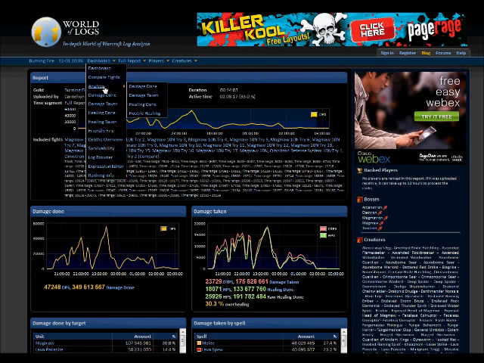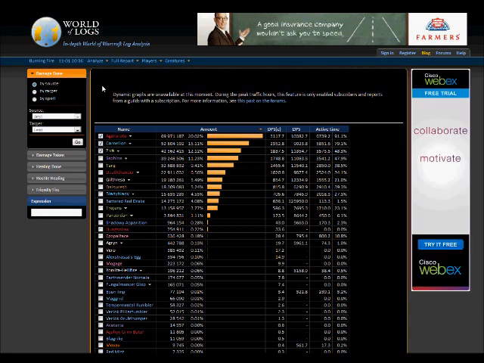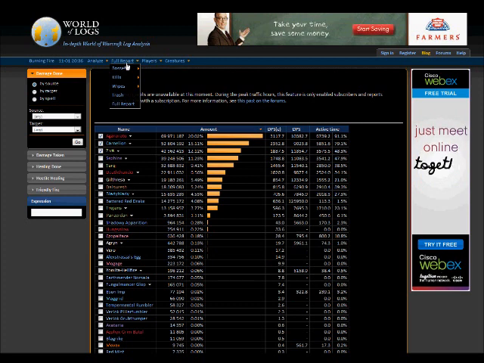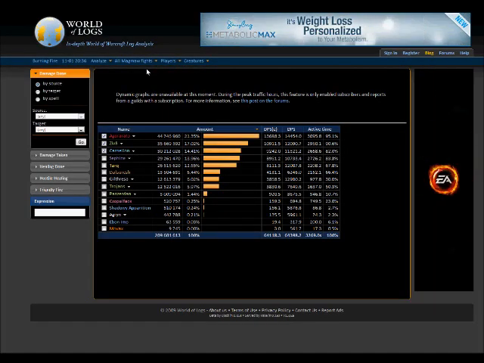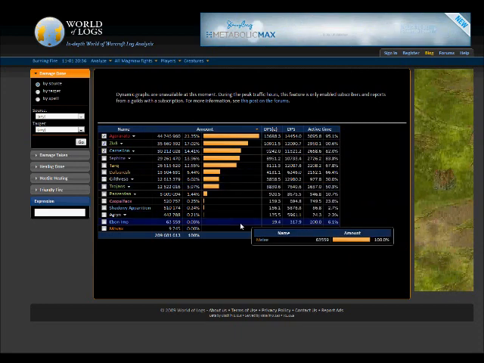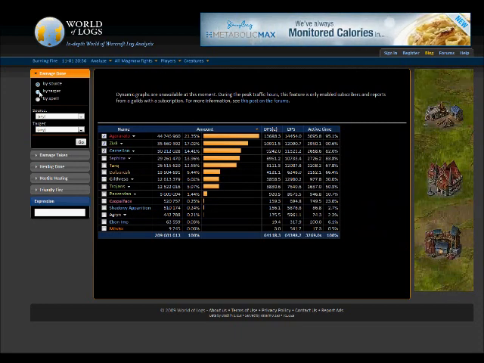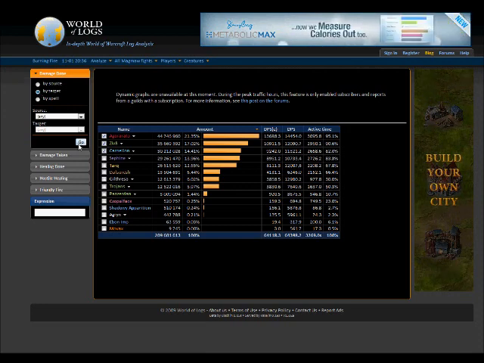So we can use the Analyze tool. We can look at damage done. There's probably no point looking at the trash as well, so we can select a specific boss fight either by clicking on one of the attempts here, or if I just click this, it'll show me all of the attempts for that boss. So here we have an overall DPS chart, damage done. If I change that to by target,